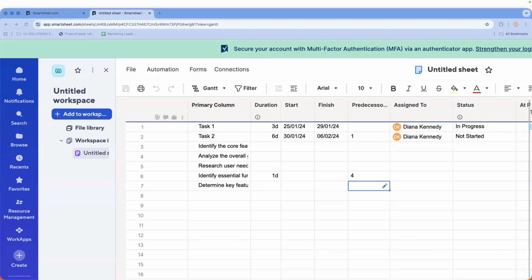Still not the right one. We go to add to workspace, sheet. Maybe not. Timeline.